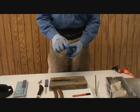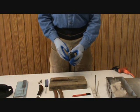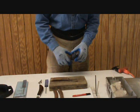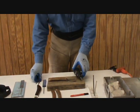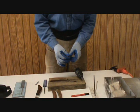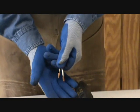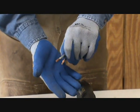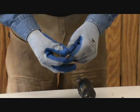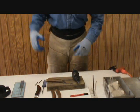You just need stones that are designed for sharpening metal objects, and there's a couple different ones that I tend to use. Alright, so nothing fancy, just standard Dremel stuff. And what I'm going to do here is